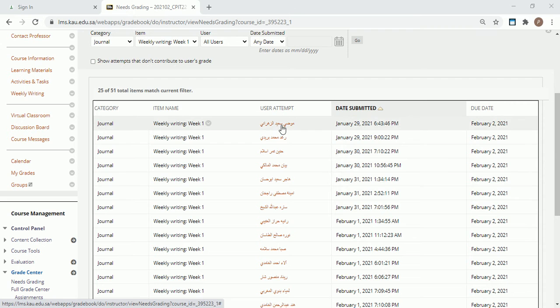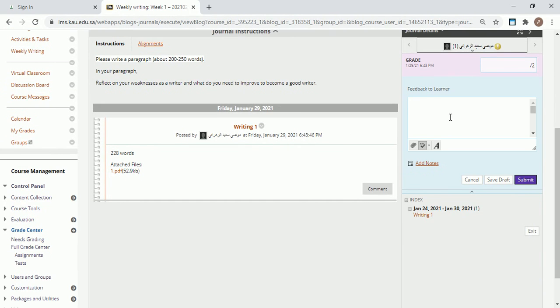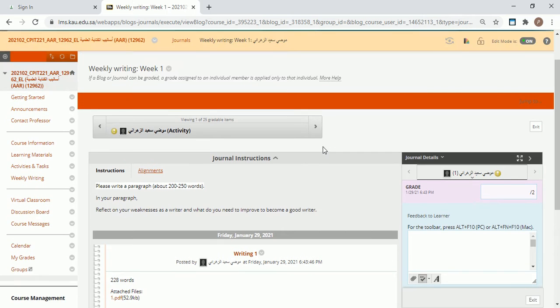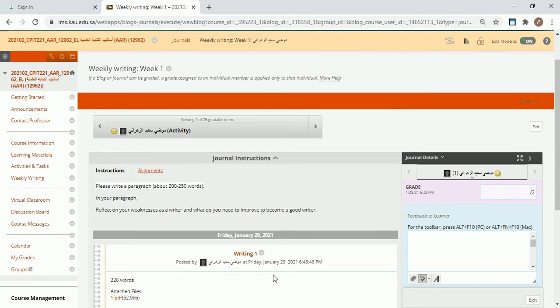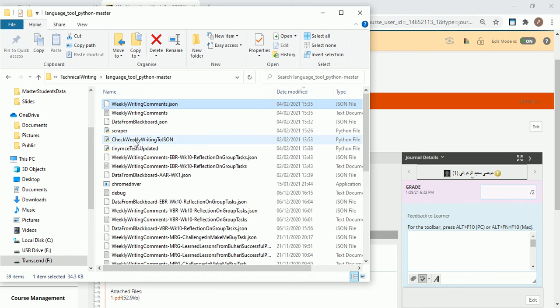So what it will do, it will go here, access the student records, and enter the feedback from here, their common mistakes and the suggested corrections. Also it will enter the grade and submit. Once it submits, it will go to the next record and keep going until it finishes the grade submission. For grade submission, we have this code here, tinymce.